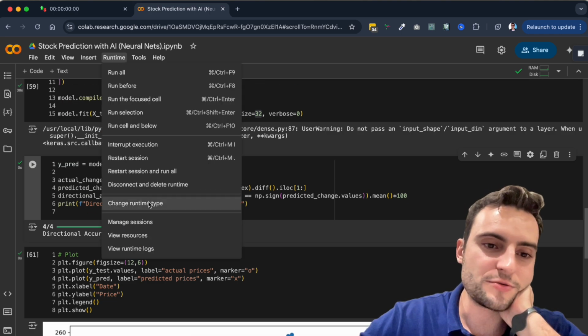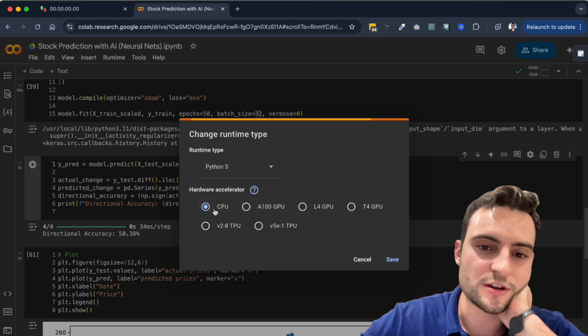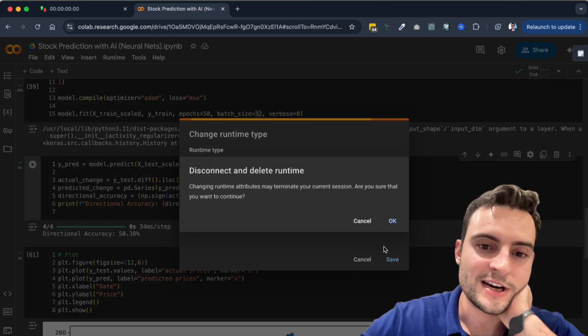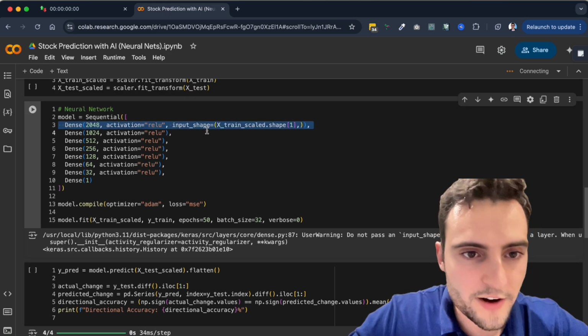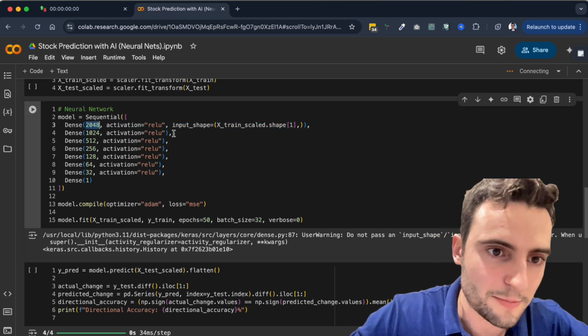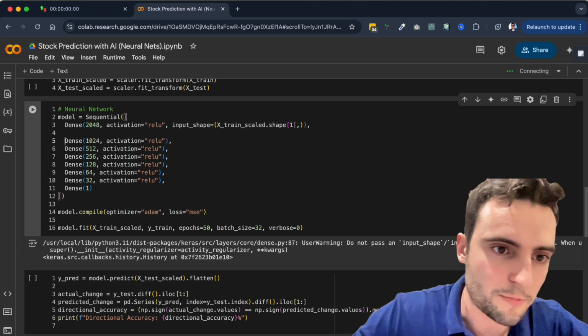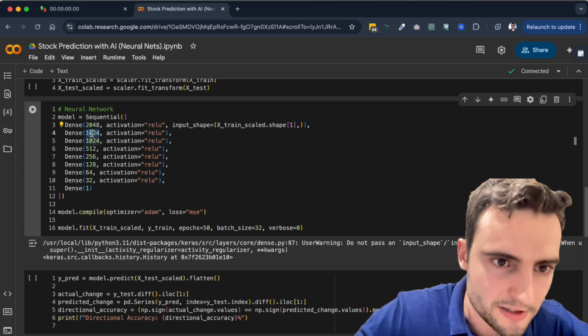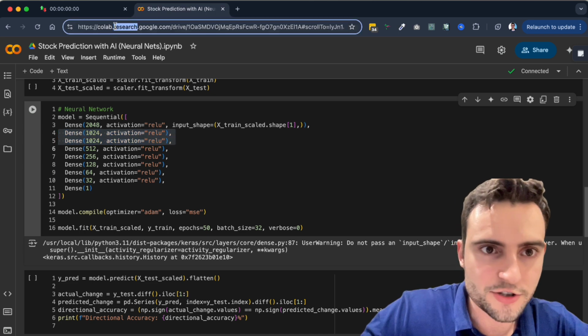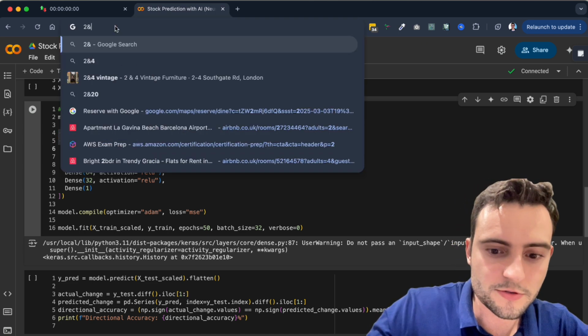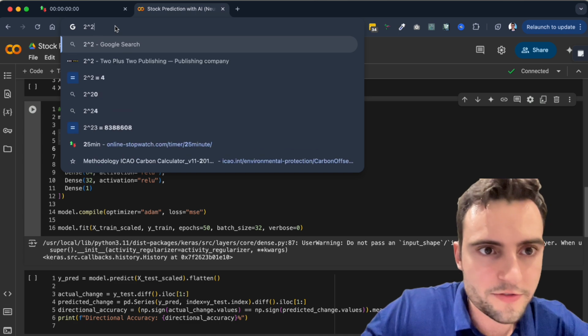And one cool thing you can do in Google Colab is you can change the runtime. It's running on CPU. I have the paid version, but you can use some of these other GPUs to train this even faster. And so what it does is if I do a very big model, it'll be able to do that a lot better. So for example, if I do, let me just do 2 to the power of 32,